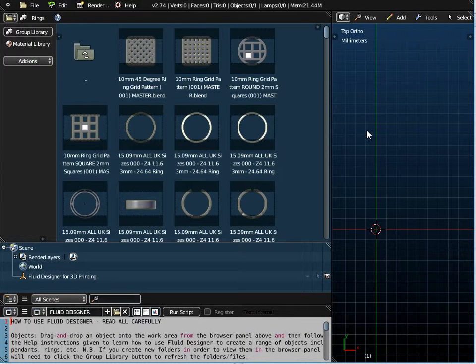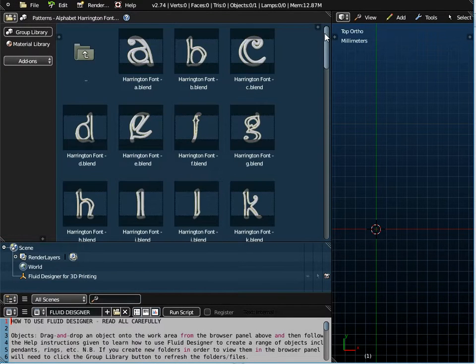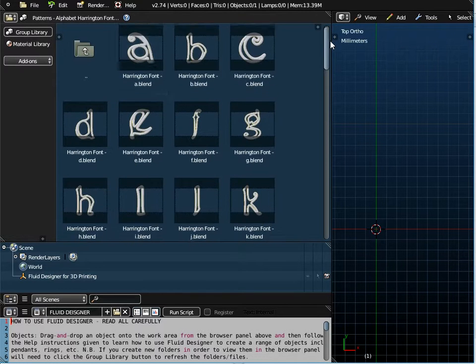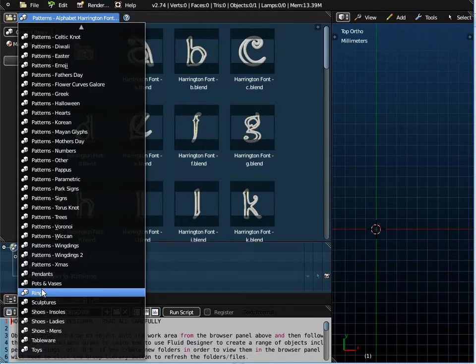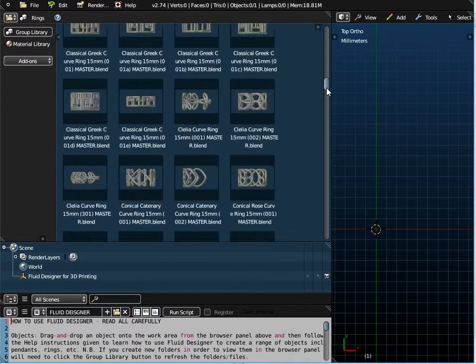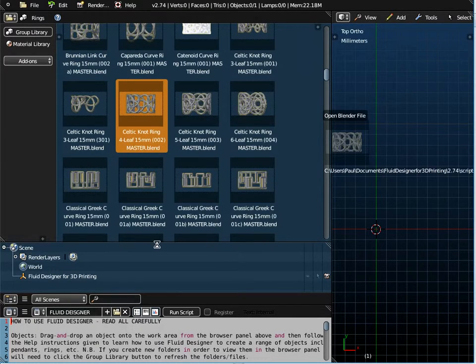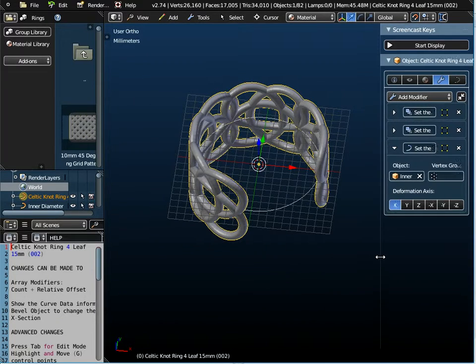So if we go to Fluid Designer for 3D printing, I'm going to use these Harrington fonts. This is the letter A that I'm going to use, and I add that to my ring by using the append function. If I just go to the rings folder, I'm looking for a Celtic knot ring, and I'm going to use this 4-leaf ring pattern. If I just drag and drop that onto the workspace,